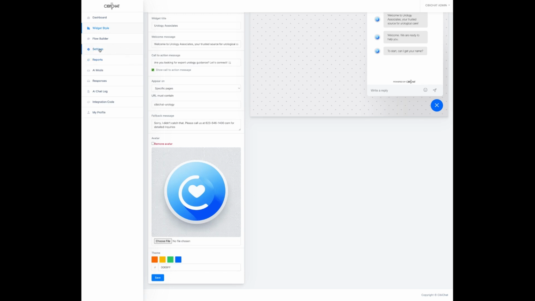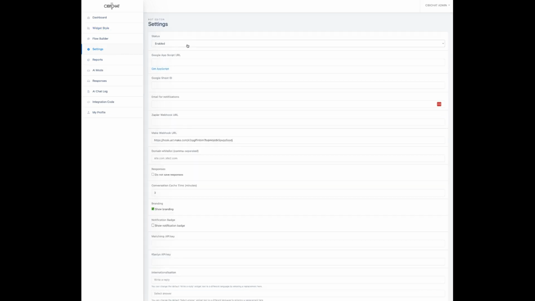The next thing we want to look at are the settings. The settings are where you can enable or disable any bot at any time. If you're using Google Spreadsheet to collect your data, you enter in your spreadsheet ID. I will go into another application that will go a little bit deeper into integration, but to show you quickly, if you're using Google Sheets, you go in and you create